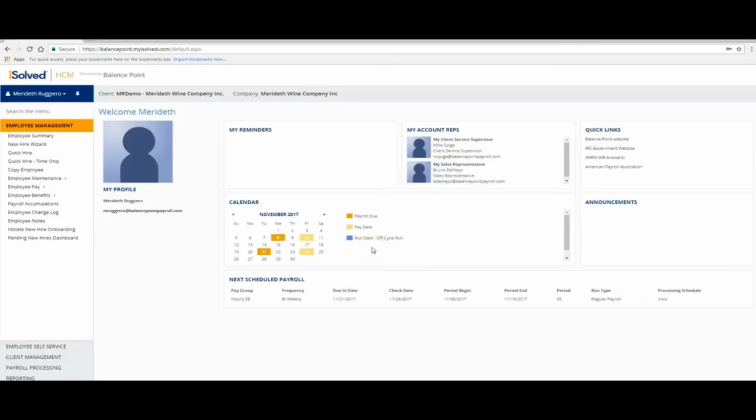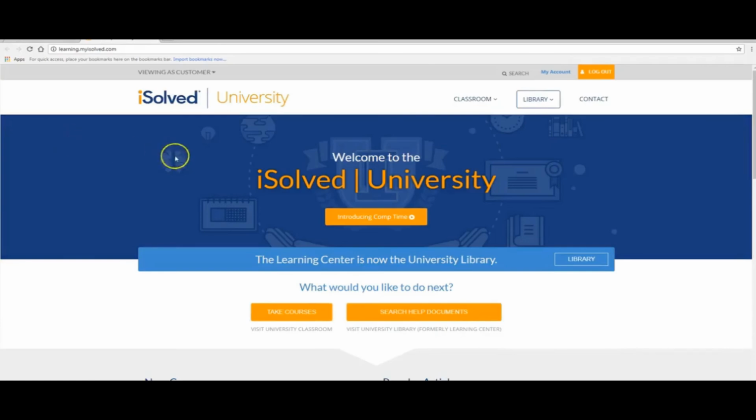Trainings, such as the one you just viewed, along with a multitude of other ones, can always be viewed in iSolved University. To access the university, you are going to go to the left-hand side of the screen where your name is listed, and if you select the drop-down, you have an option that reads University. If you select University, it is going to bring you to the iSolved University page. From here, you can select options such as Classroom